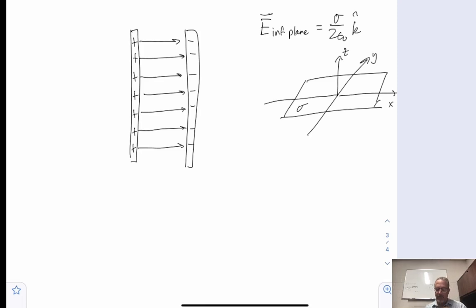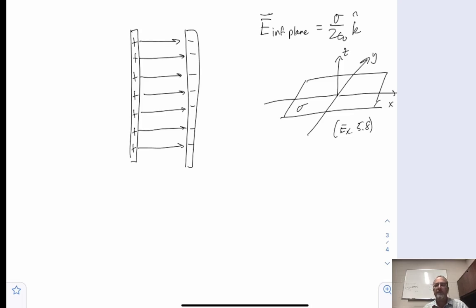You're looking for the electric field in the z hat direction. And again, this comes out of example 5.8, where they're looking at the field of a disk. So if you have two infinite planes,